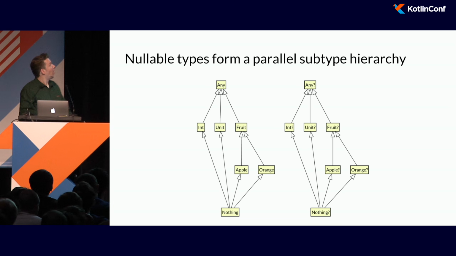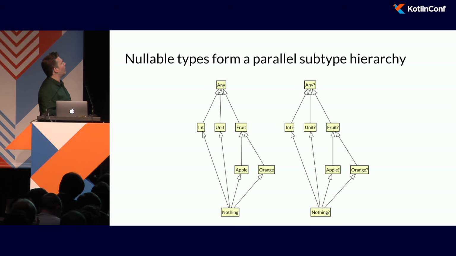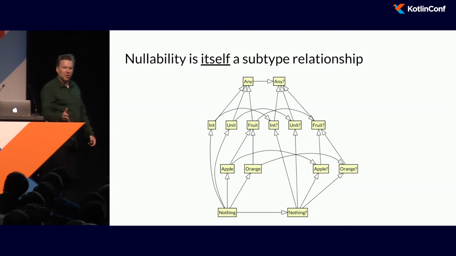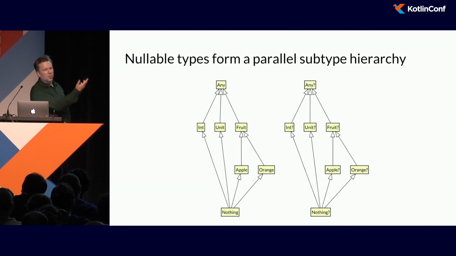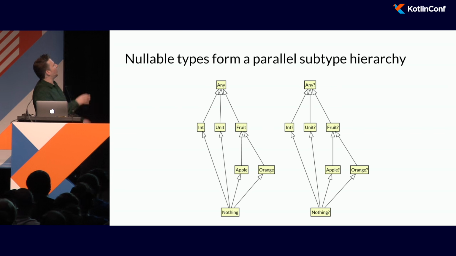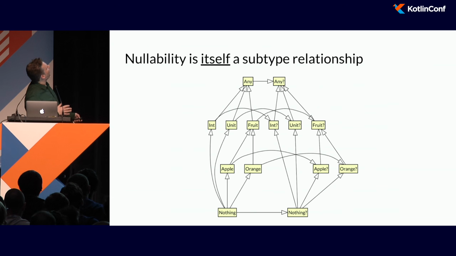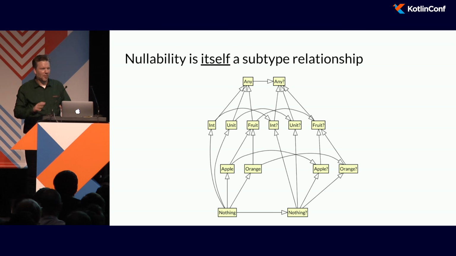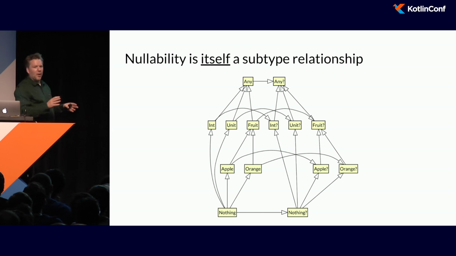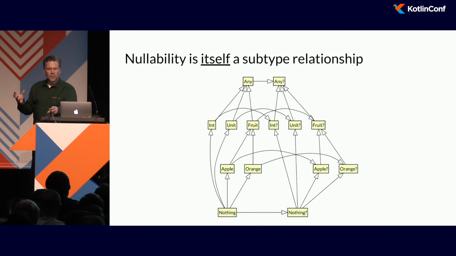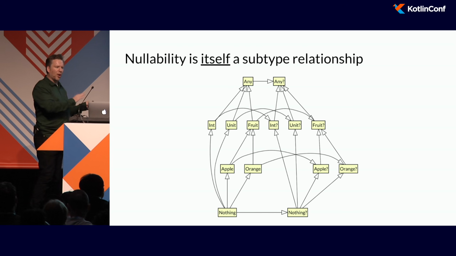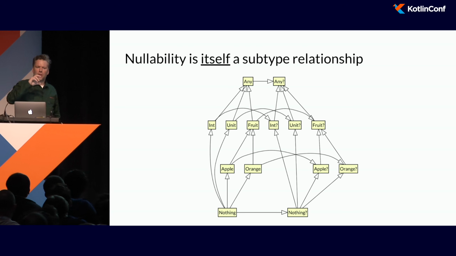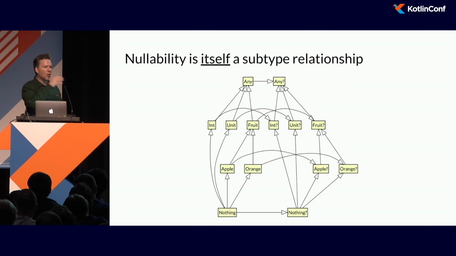What's not obvious, but I think it's really cunning, is that nullability itself is represented as a subtyping relationship. So I automatically generated these diagrams, which means that they didn't lay themselves out entirely as I'd have liked. But if I animate them back and forward, you can kind of see, hopefully, that there is a subtype relationship and supertype relationship between the non-nullable and the nullable types. That is, the nullable type is a supertype of the non-nullable type.